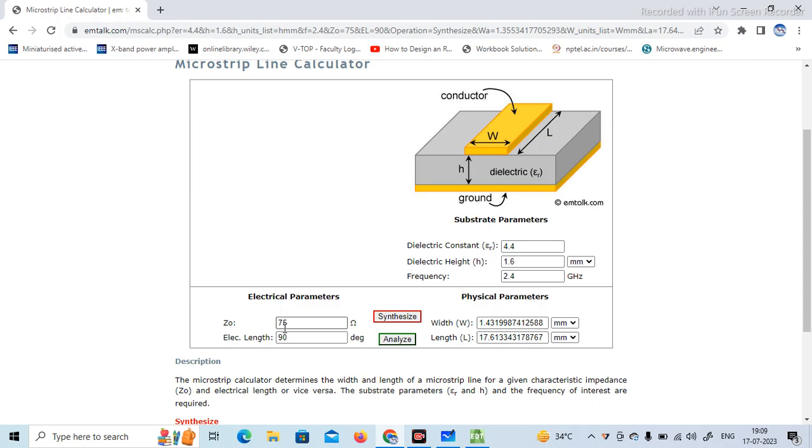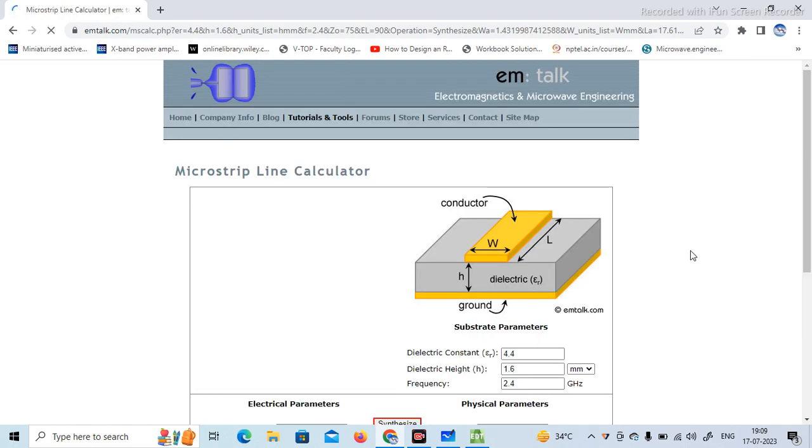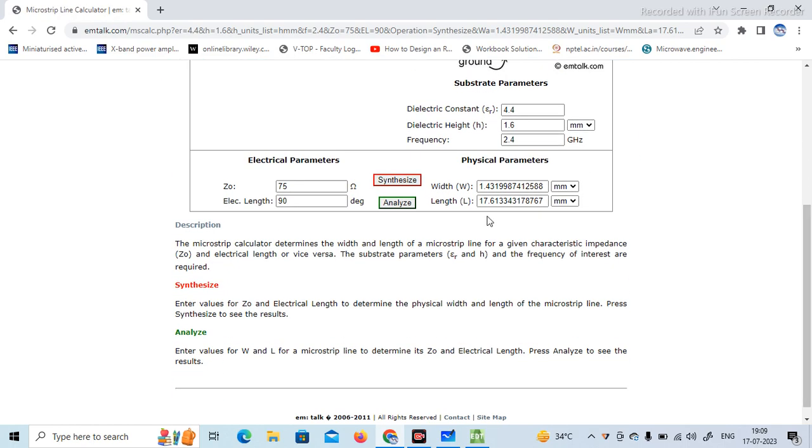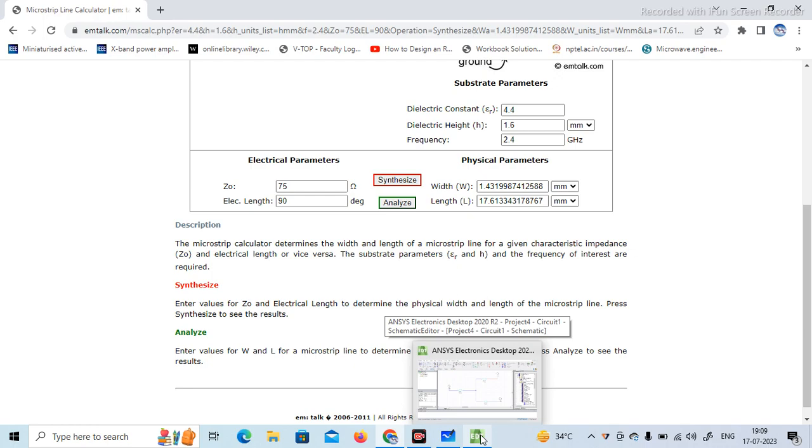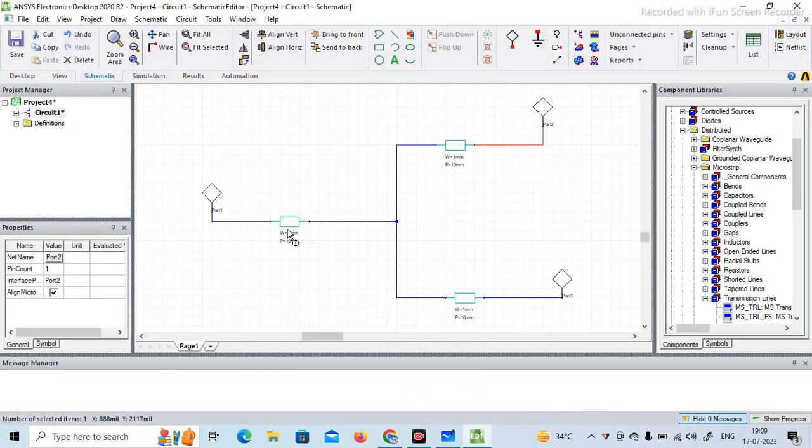So if we give impedance 75, electrical length we are considering as 90 degrees, and you click here synthesis. When we click on the synthesis button, we will see the values. Width is 1.43 and length is 17.61. So this we are going to assign to our microstrip line, 1.43 and 17.61.